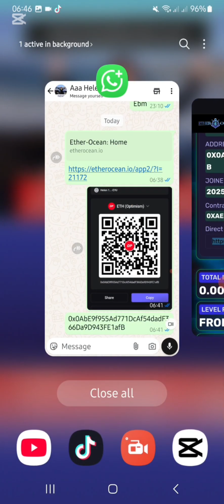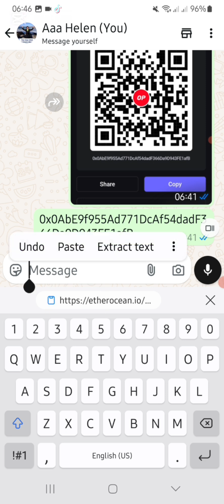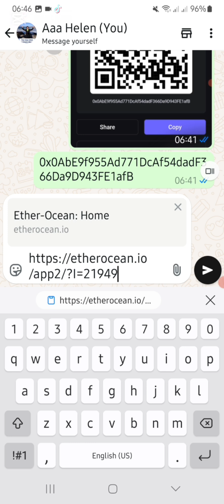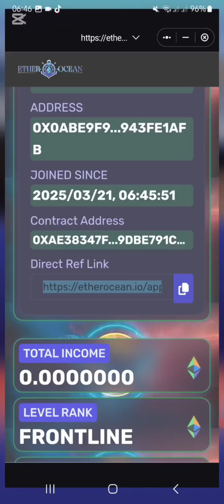You're going to go send your code to the person that invited you, because we like to keep track of the team. So you've got 2 ways of pasting it in WhatsApp. You see here in the middle, it says HTTPS. You can just click on there, or you can hold here by message for a few seconds, and then the message will appear that you can paste it, and that is the QR. You send that, and that is your referral link that you're going to use to get people in Ocean.